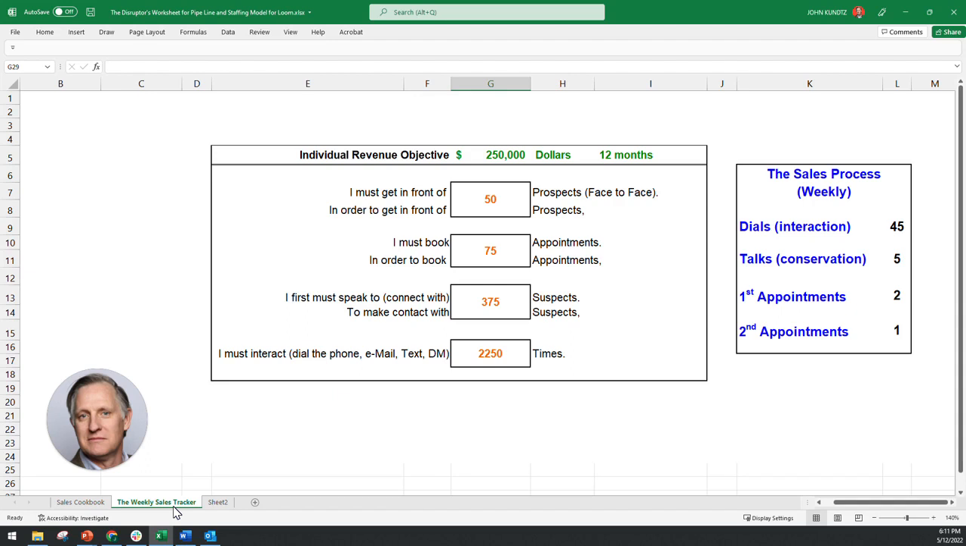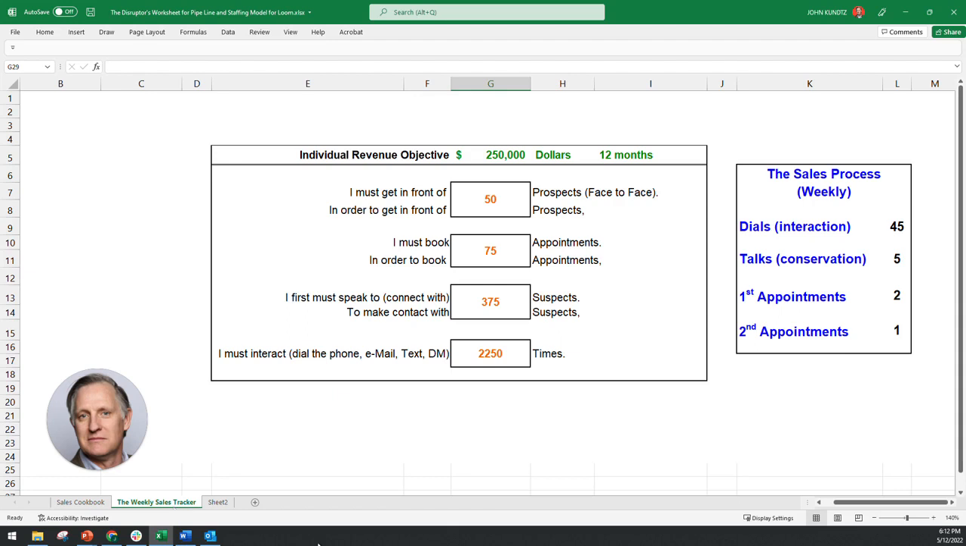But anyway, the notion is I try to figure out how many people I need to talk to in order to close deals. So if I've got 30 or 40 deals I'm trying to close, I've got to get in front of basically 50 buyers, let's say. If I get in front of 50 prospects face-to-face, I usually have to book more than 50 appointments because there's always a bunch of no-shows. So let's say out of those 50, I need 75 appointments to get 50 people to show up. Once I do that, I know in order to book 75 appointments, I must first speak or connect with 375